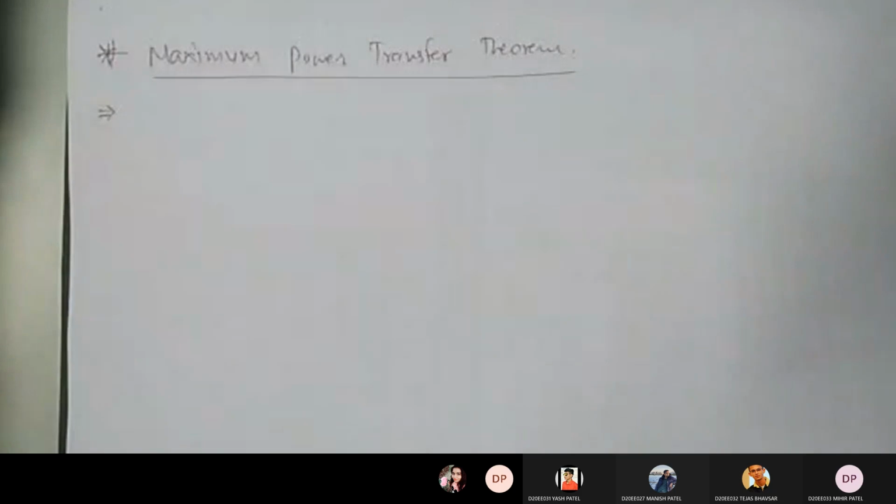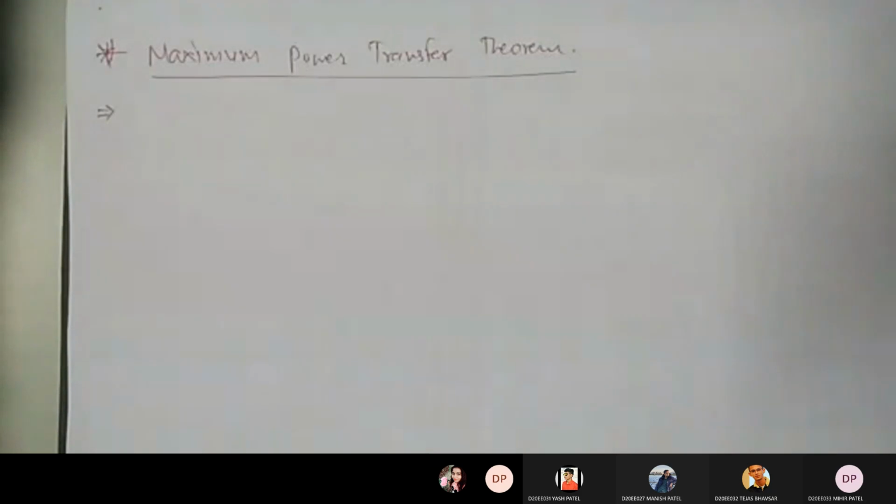Whenever we are giving some voltage in our circuit, it will flow the current in the circuit. If there are passive elements in the circuit, then they will absorb the energy, they will absorb the power. Current will flow through them, so I square into R amount of power is going to be generated in the resistor. I square into Z amount of power is going to be dissipated in the impedance. If there are L and C, the power of Z is going to be consumed in that resistor, inductor or capacitor.